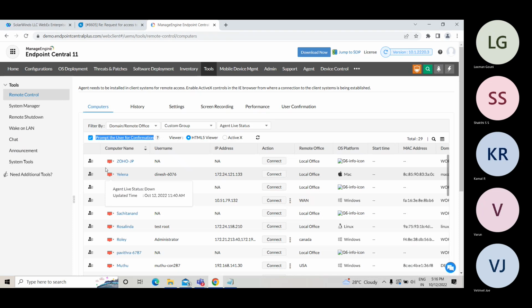Number three, I, as an agent, have taken control of your PC with your acknowledgement. I did some troubleshooting and that troubleshooting has created some issue on the backend, and some of your applications are not working. Which could be a general scenario, human errors. So what all I have done, I might not be able to explain correctly. That could also be a possibility, when my communication is not good and I'm not able to put the right context in the right format. There is a scenario. So to prevent those kinds of observations,